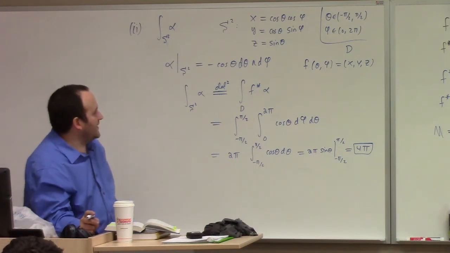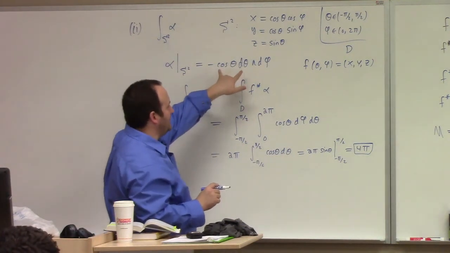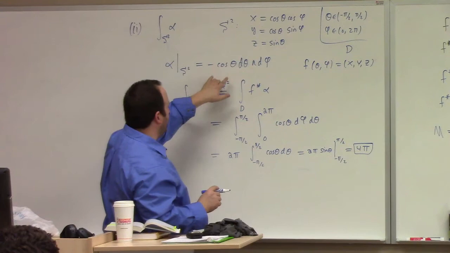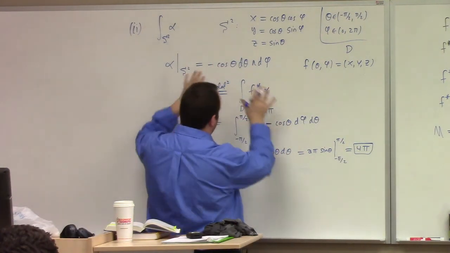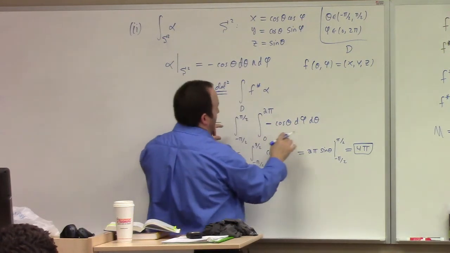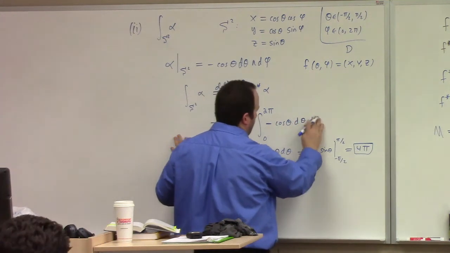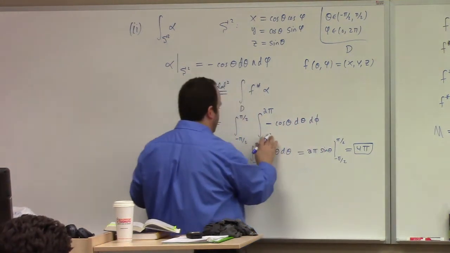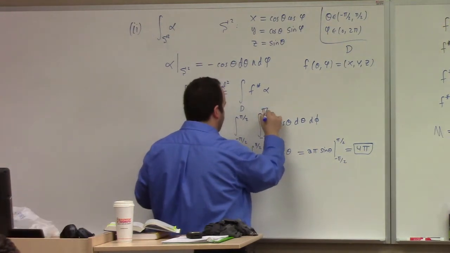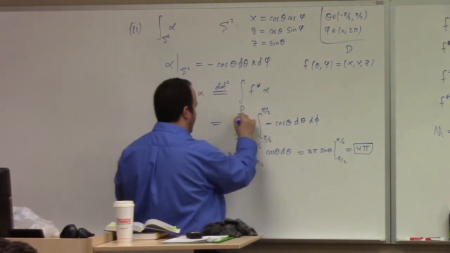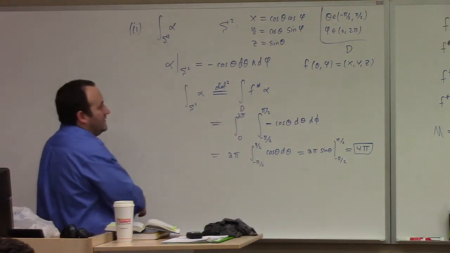That minus matters, actually. I'm sorry, guys. So I can't just do that. That's wrong. I have to leave that minus, and that's the rule. That's the definition. I'm so sorry. It does matter because it's a minus 4 that we're supposed to get. But regardless, if you kept the negative and you switched the d phi and d theta, it would still be